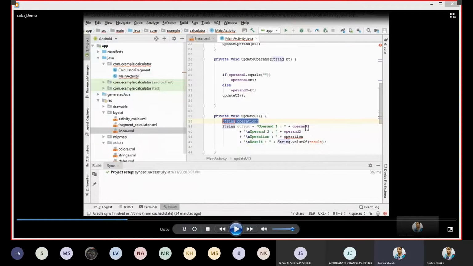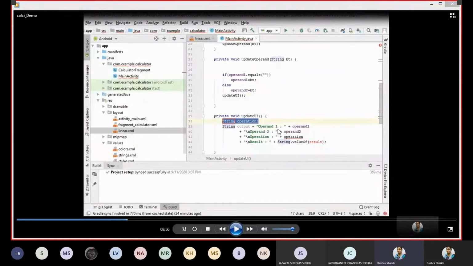So now you should have realized why, instead of creating it as a local variable, I've shifted it up and created it as a global variable. So that all other methods which are in need of accessing these objects or variables may do it easily. If I had kept it locally inside updateOperand, then I may not be able to access it.